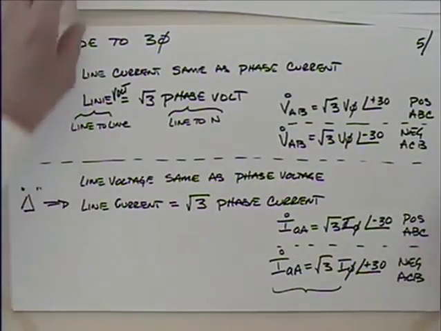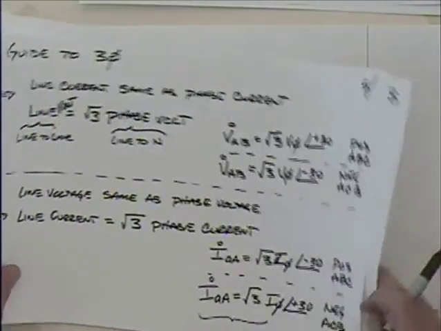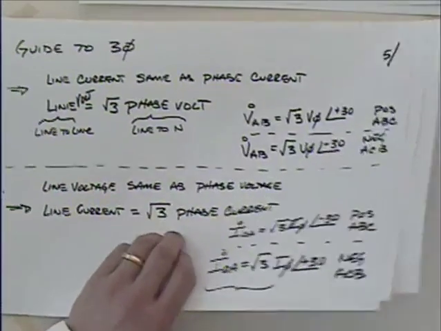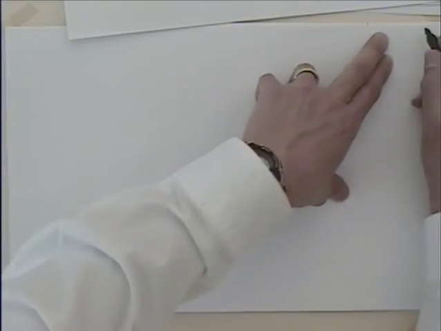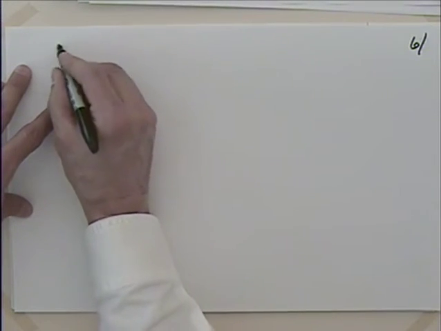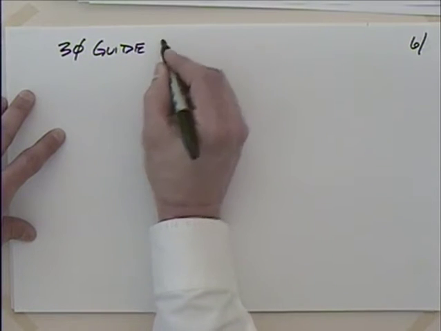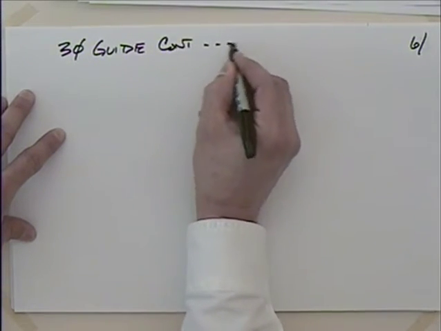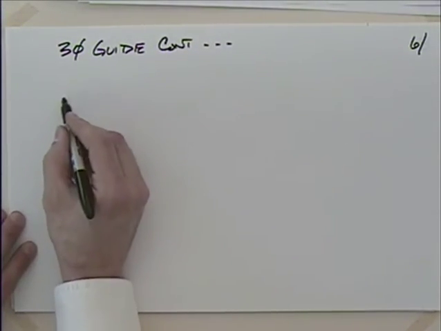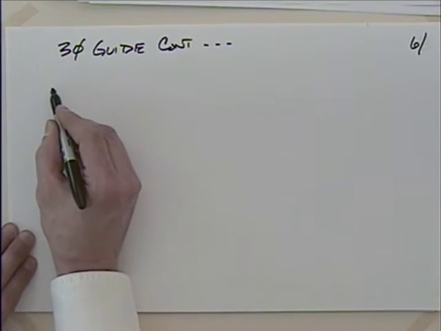Well, the other thing that we have to concern ourselves with is, and I mentioned, so I should probably say that this is more of the three-phase guide. So when we were trying to convert from a Y to a delta, because remember when we had systems that